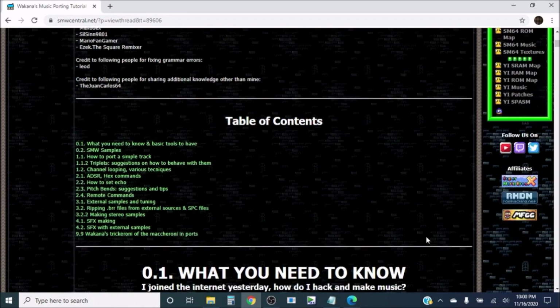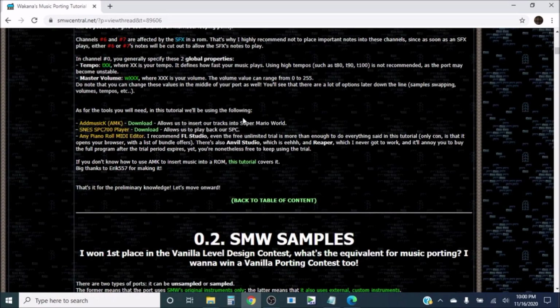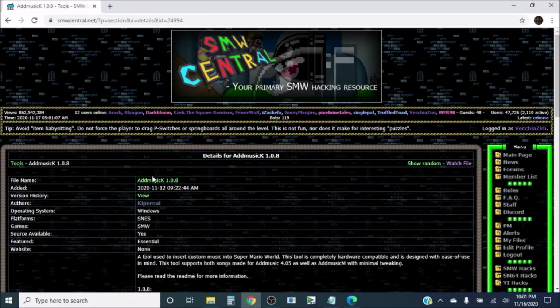And I'm going to scroll down and find this. What we want are these 2 pieces of software, Add Music, and this SPC 700 player. I already have these installed, so I won't go through the whole process here, but you'll want to click on this link